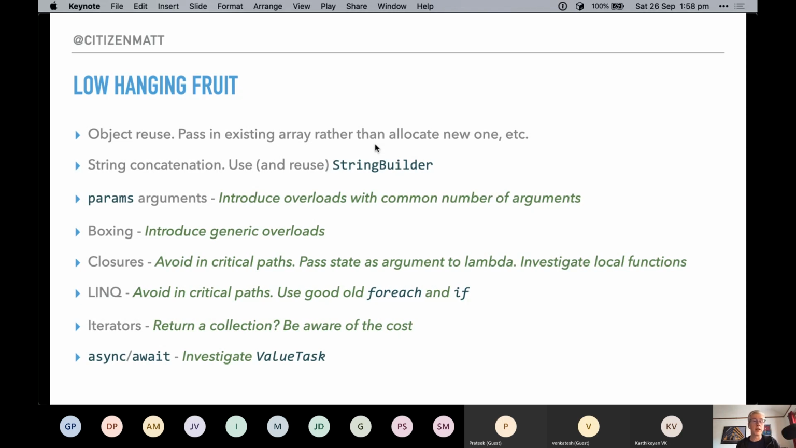Closures, you probably want to avoid those in a critical path. Again, if you're in a busy loop which is doing a lot of cycles on the same thing, don't put a closure in there, because that can add memory pressure. Instead of letting the compiler generate a class and allocate state, you can explicitly create state yourself and pass that state in as an argument to the lambda